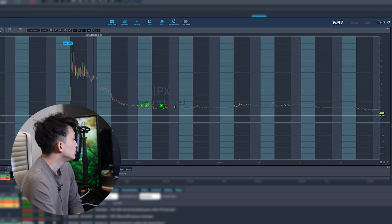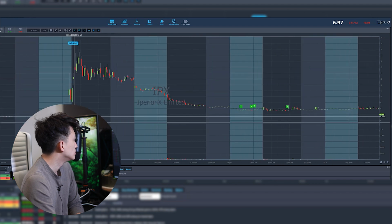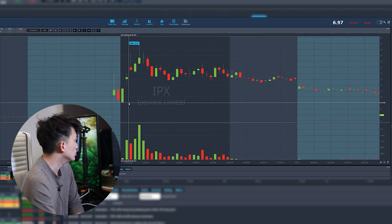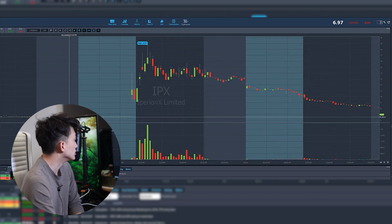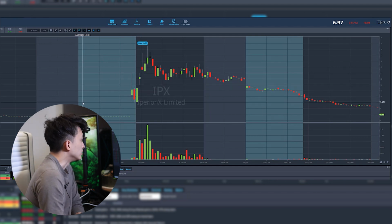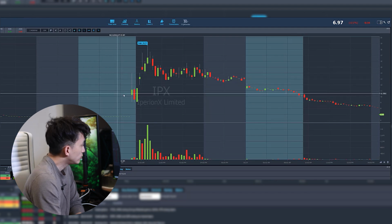Now going into how it opened. It started around 6 and opened at 9. So this one did not open 100% above yesterday's close. You want it to open correctly, it has to open around 12. It didn't, it opened around 9. So this one does not fit